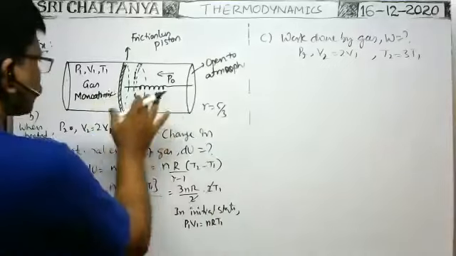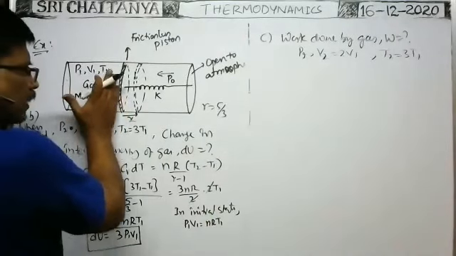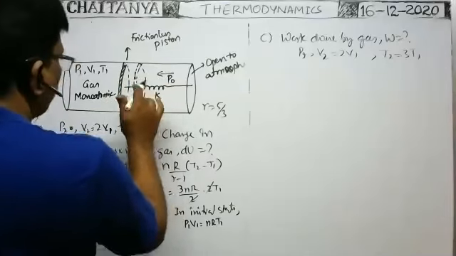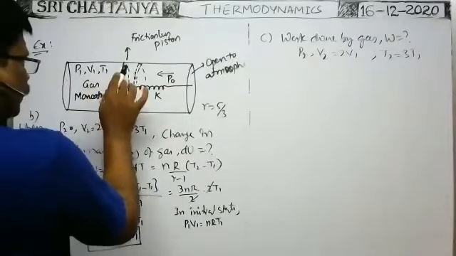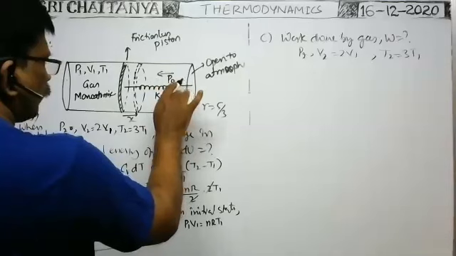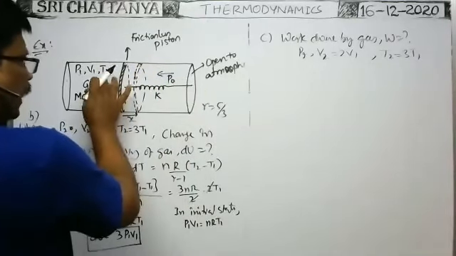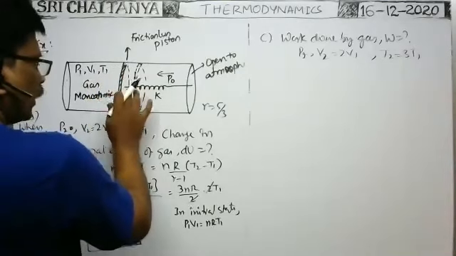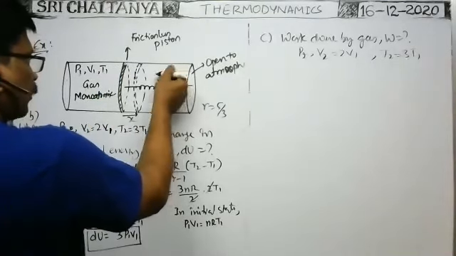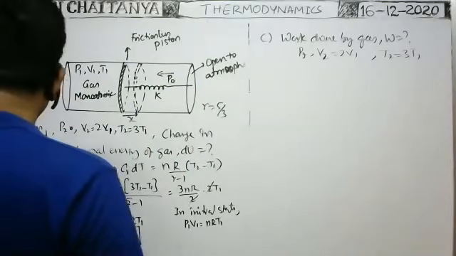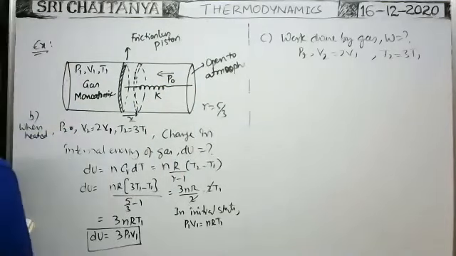You see here, when the gas is expanding, work is done by the gas on the piston outwards. Of course, whatever the direction of displacement of the piston, the work done by the gas is also in the same direction. That's why positive work is done. Work done by the atmospheric pressure and work done by the spring are in the opposite direction. That's why, in order to find the net work done,